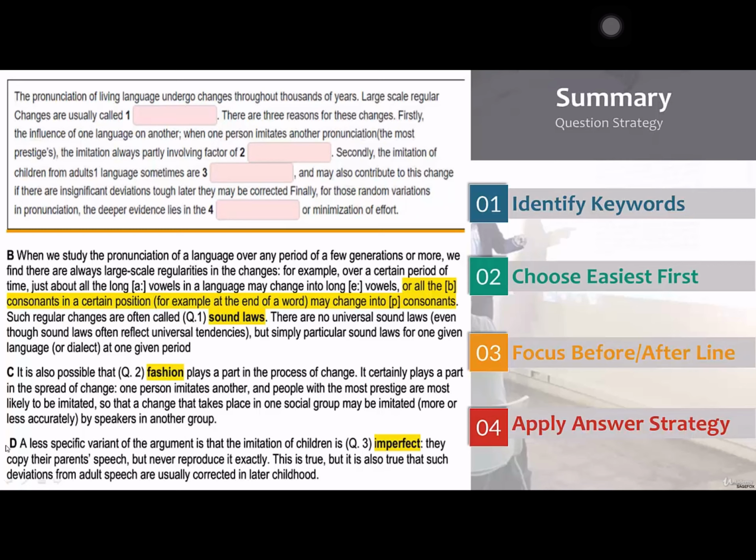And then for number 3, a less specific variant of the argument is that the imitation of children is imperfect. They copy their parents' speech but never reproduce it exactly. Secondly, the imitation of children from adults, one language, sometimes are imperfect, right? So again, from where it says secondly, all the way to where that final word in the sentence, corrected, okay, they are